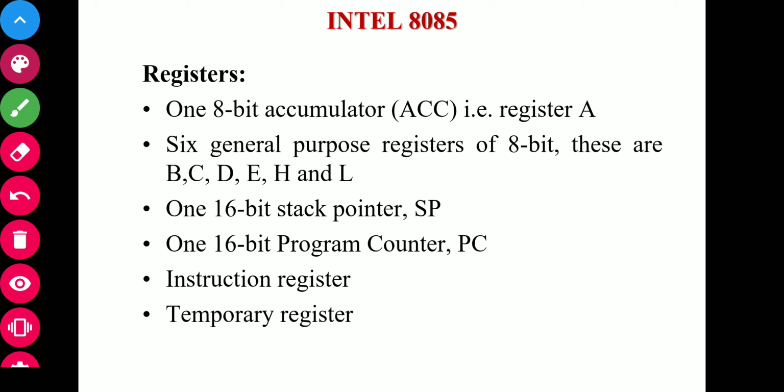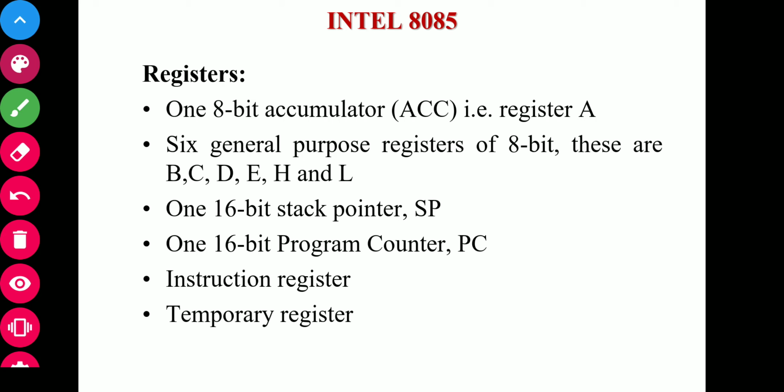So the following registers are available in the 8085 microprocessor. Here it has one 8-bit accumulator that is called ACC, or it can be called A or register A. So all the names are applicable for this one. And 6 general purpose registers of 8-bit.